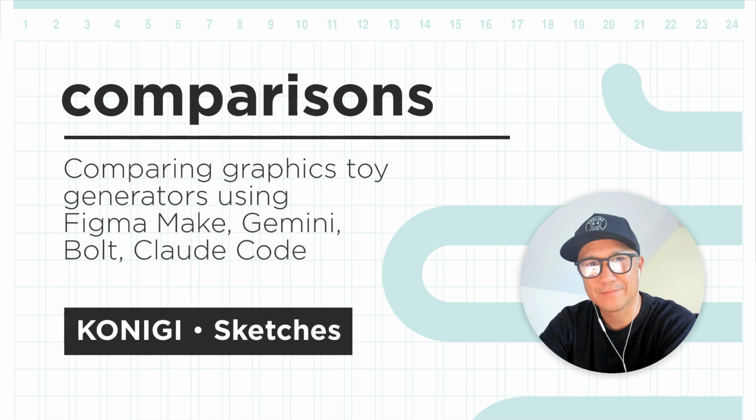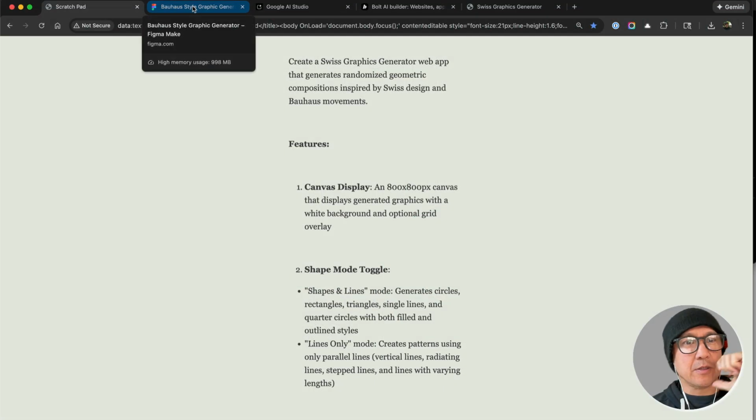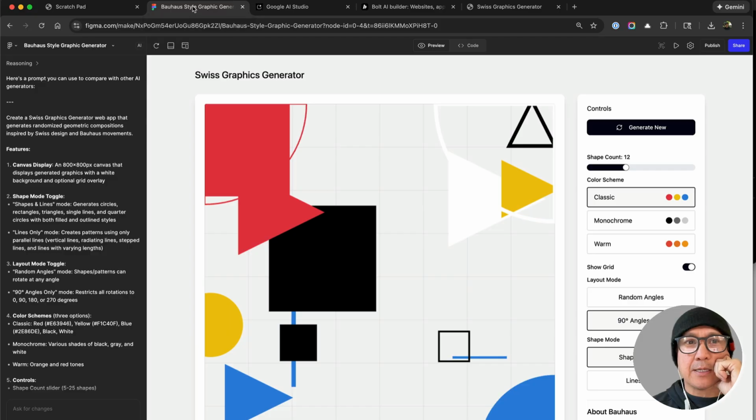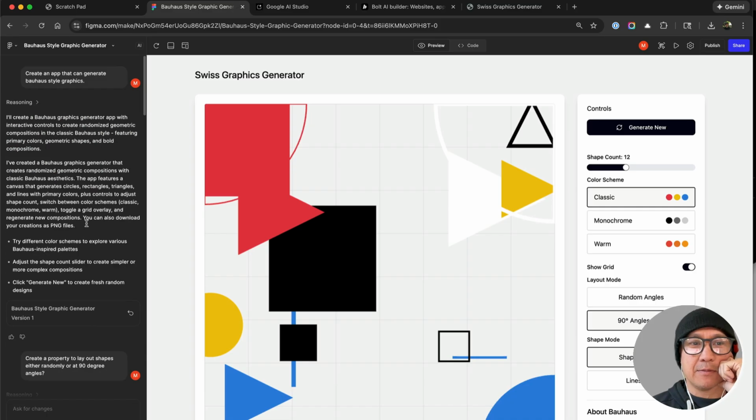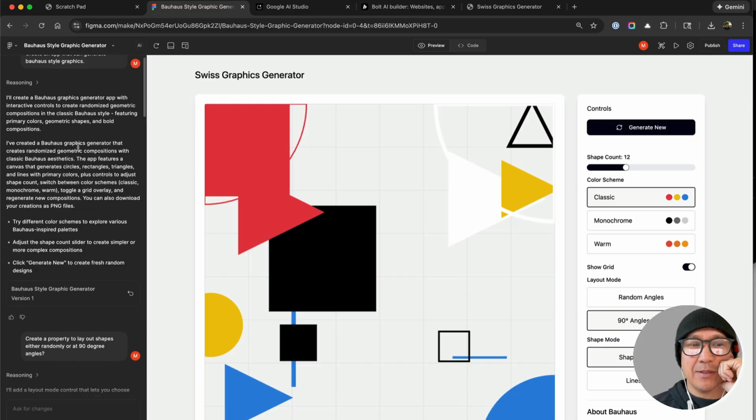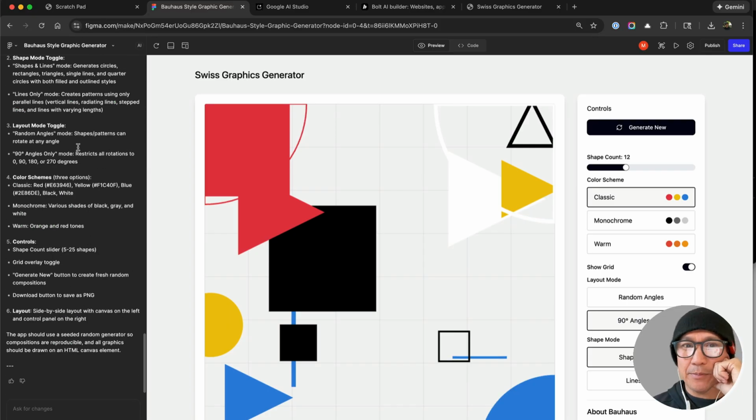Here's my fun experiment of the day. I was playing with Figma Make today to create a Swiss graphics generator. I basically asked it, to start with, to create an app that can generate Bauhaus style graphics, and then I iterated that just a couple times, and it ended